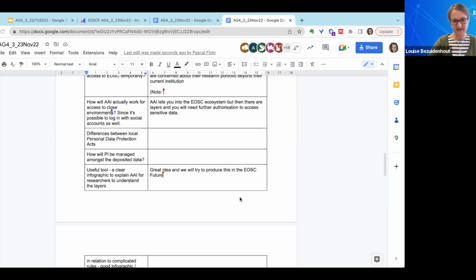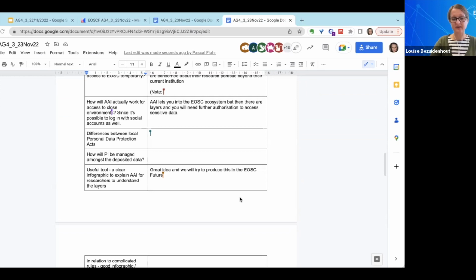So the next question is differences between local personal data protection acts. That's a really interesting one, and it's definitely one that a lot of work is being done on at the moment to try and align personal data protection acts. As we've seen in the discussion about GDPR, even when there is a